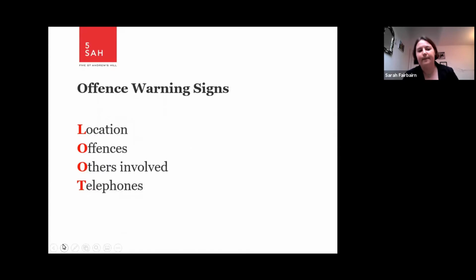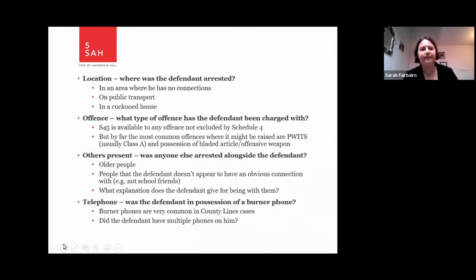And I've given you a couple of acronyms to help you remember these warning signs. So when we're looking at the offence itself, the acronym is LOOT: location, offences, others involved, and telephones. And if we move on to look at those in more detail, in terms of location, when you're looking